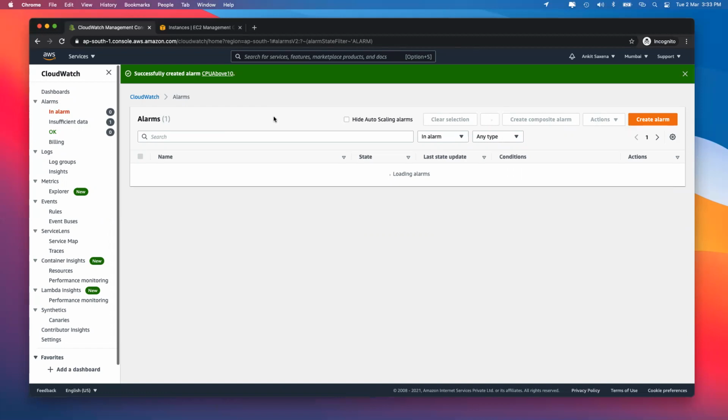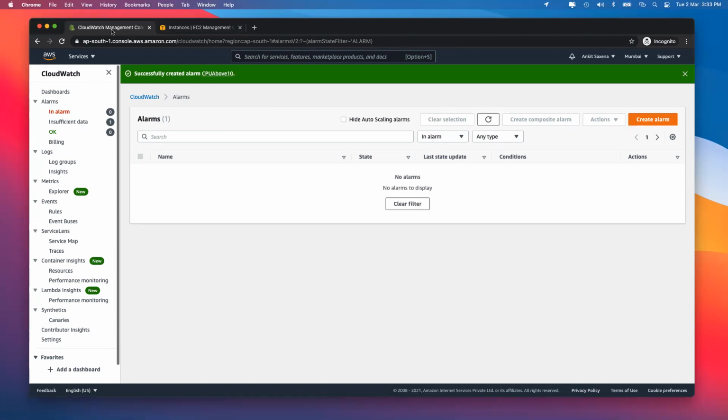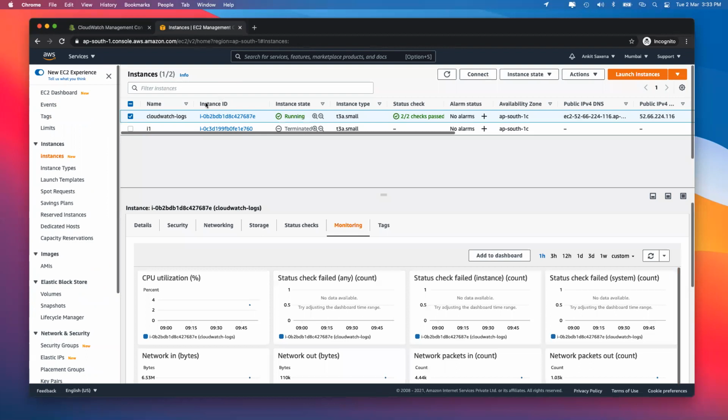In the meantime, we have to do one more thing now. And the thing is that this particular instance, we know, will be having some logs. So the logs in this scenario are the logs which are there for this EC2 instance. Now, what does this mean in the first place?